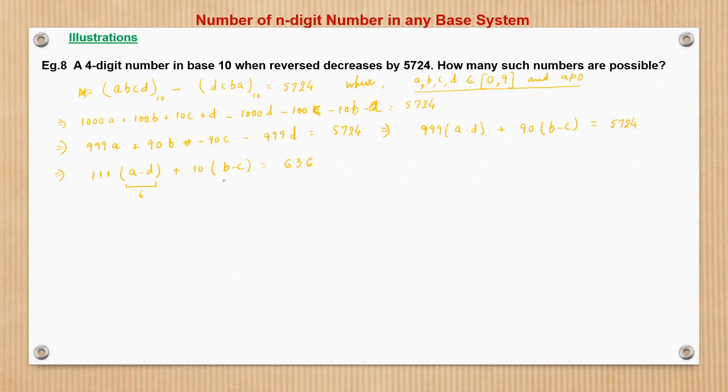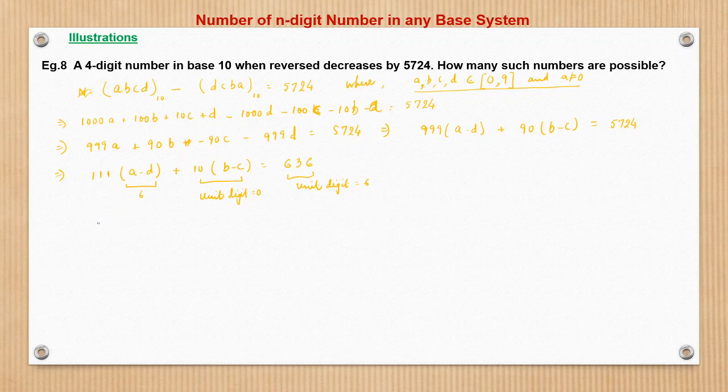right? So this can take a value of 6 or 16 or that way, but A minus D cannot be 16 because the difference of the two digits which are from 0 to 9 can be maximum 9 only, right? So A minus D will take a value. So from here we can say, because here if we say unit digit is 6, here unit digit is 0. So therefore here it has to be 6, and for that A minus D has to be 6. So A minus D has to be 6.